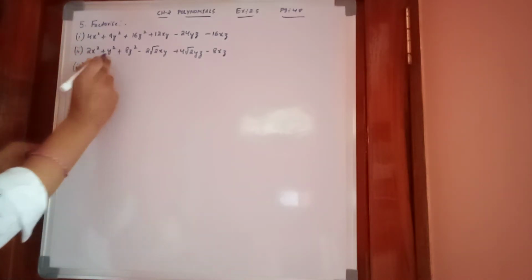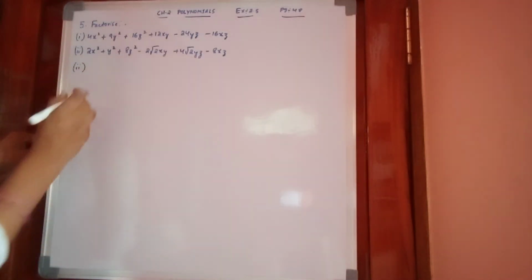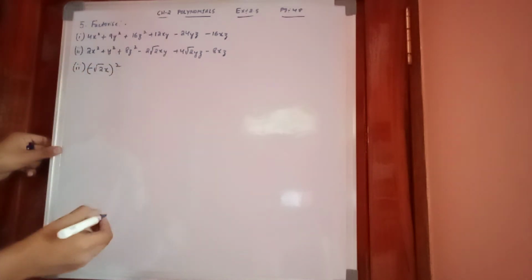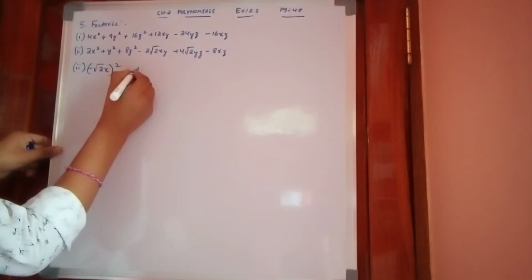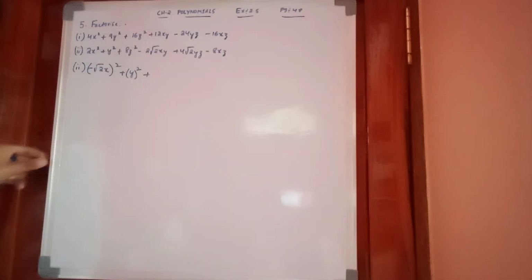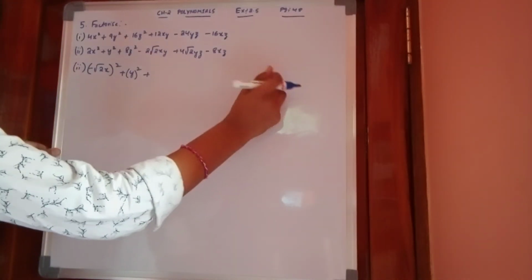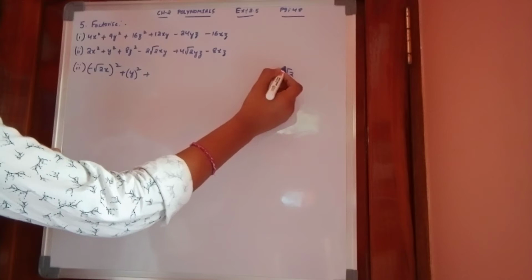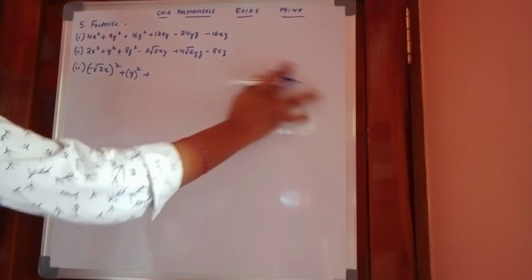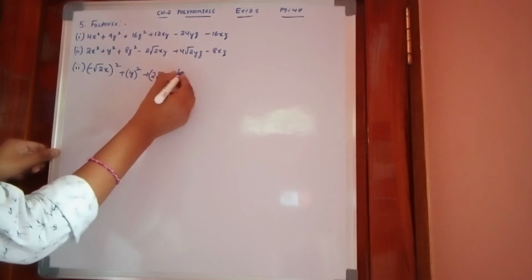Second one, first we have to take in square form. We can write 2x square, we are having already x is minus, so 2x square we can write here as minus root 2x whole square, and plus y square, plus y whole square, and plus 8 we can write here as 2 root 2, 2 squared is 4, 4 twos are 8, so we can write here as 2 root 2 z whole square, we can write this 8x square.